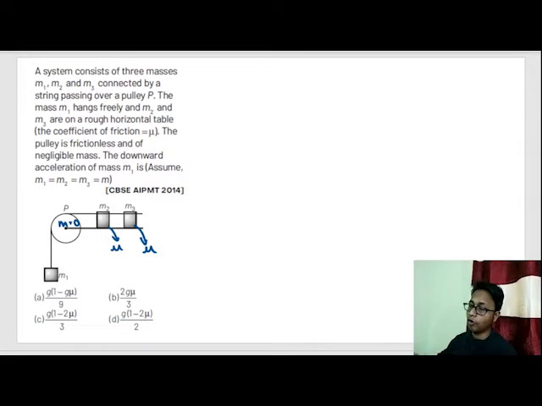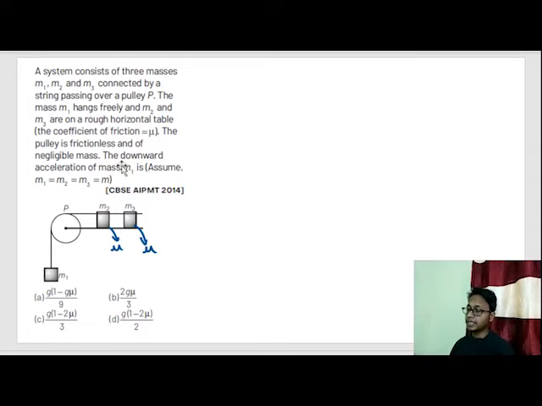Normally in Newton's laws of motion, whenever you deal with a free body diagram, it is always assumed that the string or rope is massless and the pulley is massless. Why are we making such an assumption? You will learn this in rotational mechanics. But for now, in Newton's laws of motion, whenever nothing is mentioned about the rope or the pulley, assume them to be massless. Now let's read the question.